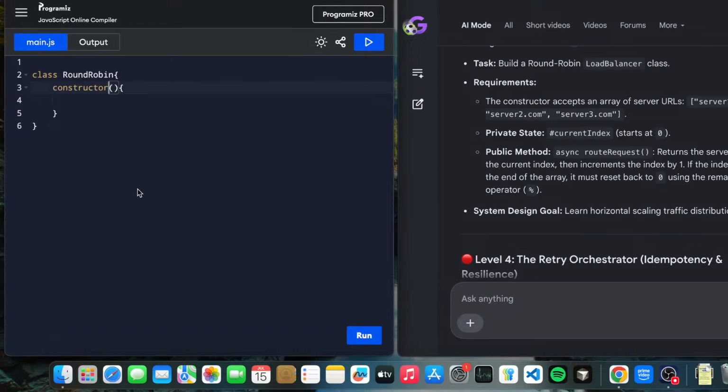Okay, we have to accept an array which has server1.com. After that, we have server2.com. Apart from this, we also have server3.com. So we have an array in the constructor. What we have to do? Accepts an array of server URLs. Okay, let's create this.server